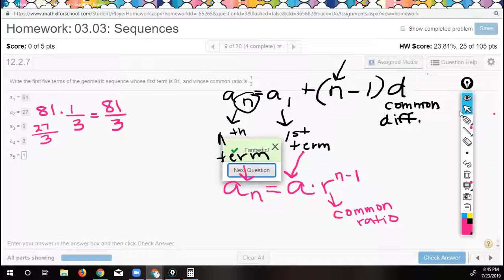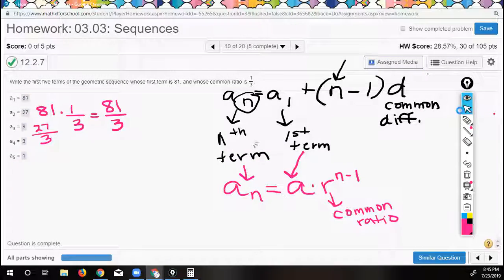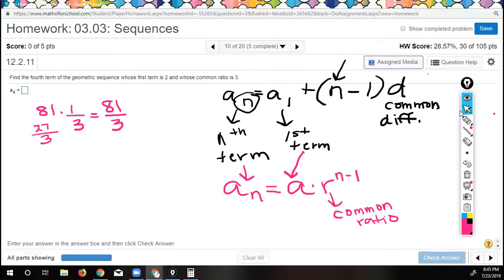So we call this a geometric sequence because it goes up or down very, very quickly. Cool. Then we're going to skip to number 11. Okay. So in this one,